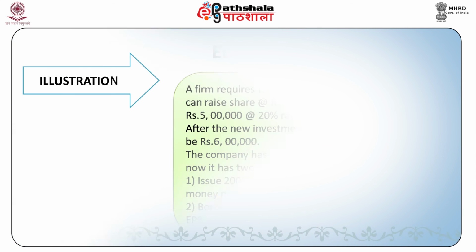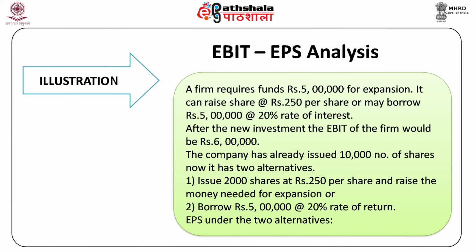Illustration 8. A firm requires funds of rupees 5 lakhs for expansion. It can raise shares at 250 per share or may borrow 5 lakhs at 20% rate of interest. After the new investment, the EBIT of the firm would be 6 lakhs. The company has already issued 10,000 shares. Now it has two alternatives: issue 2000 shares at 250 per share and raise the money needed for expansion, or borrow 5 lakhs at 20%